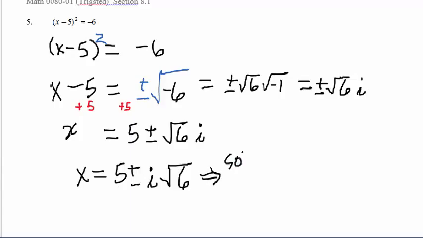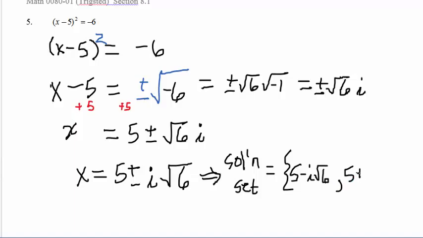So the solution set is 5 minus i times the square root of 6, 5 plus i times the square root of 6. And that's my solution set. Okay, so